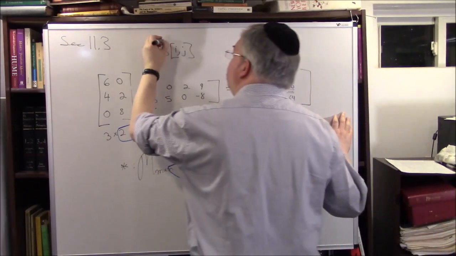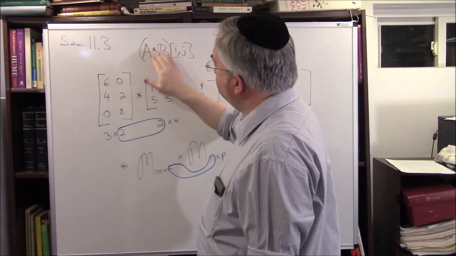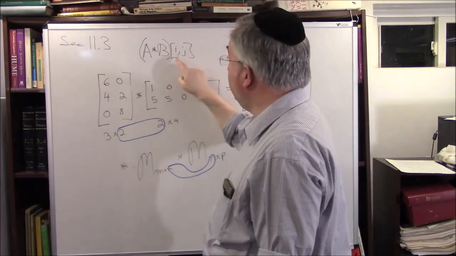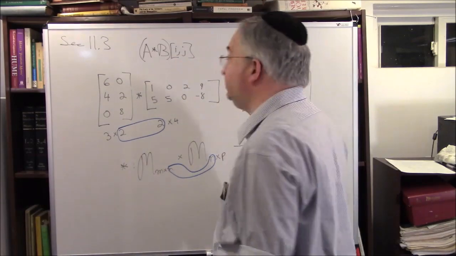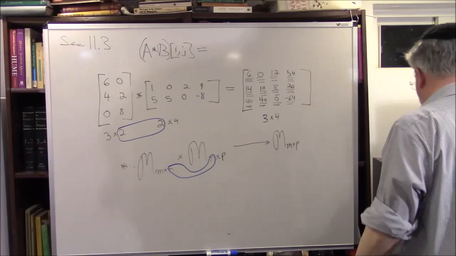I'm going to put parentheses around them so we can see it like that. A is a matrix. B is a matrix. A times B is a matrix. You want to know what the ijth position of that is. Well, let me tell you. Okay? Well, I'm going to look at